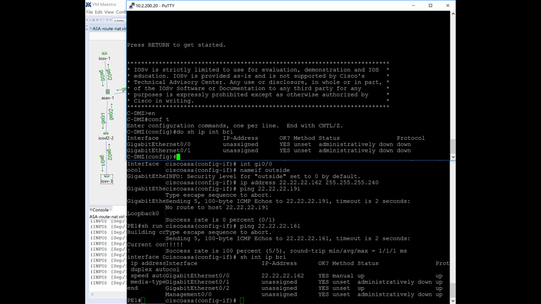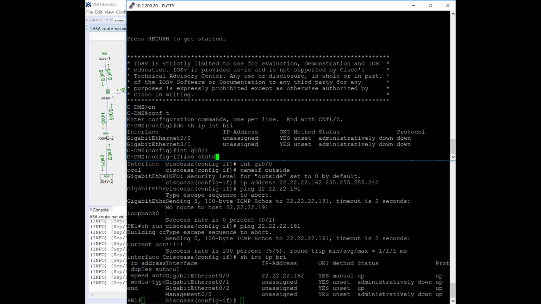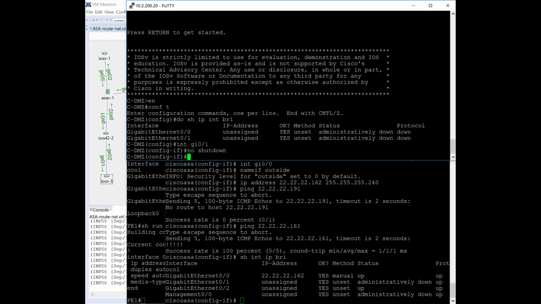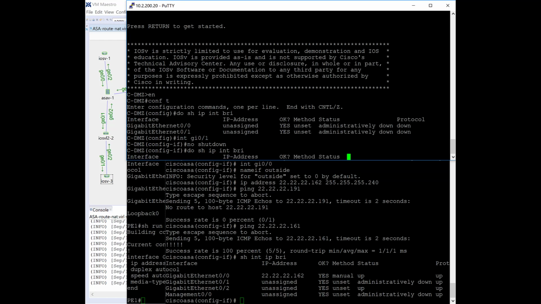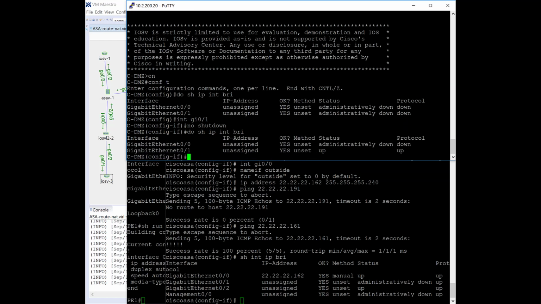Gig 0/1 is our interface we are going to be working with, so we will do a no shutdown statement on this device. This, of course, will turn up the interface, and we should be able to set connectivity on this particular device. So if we do an IP address of